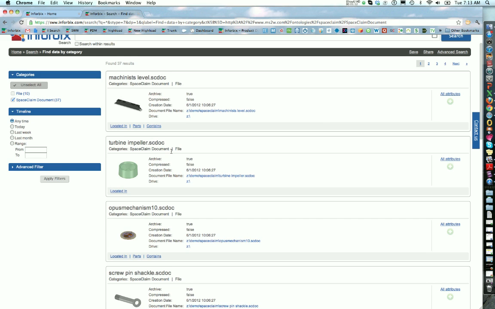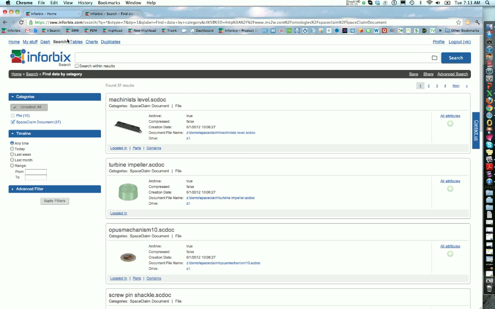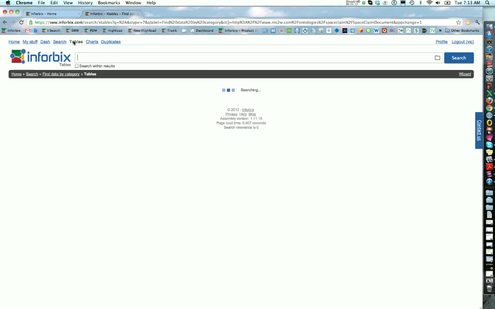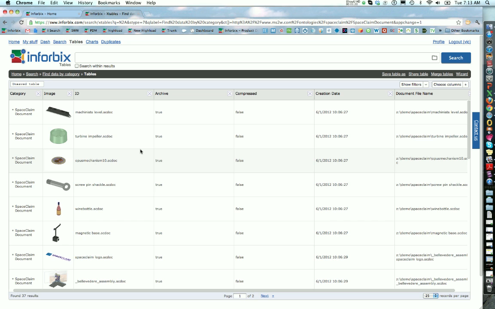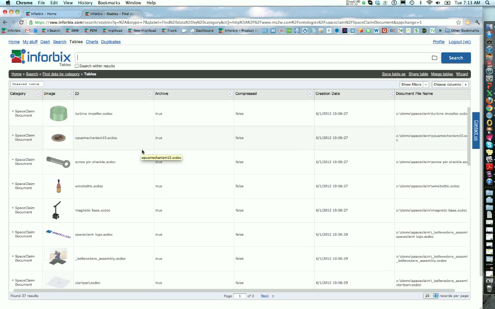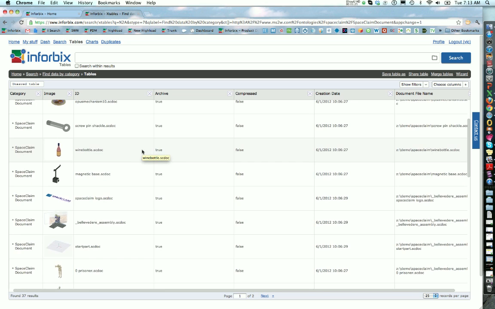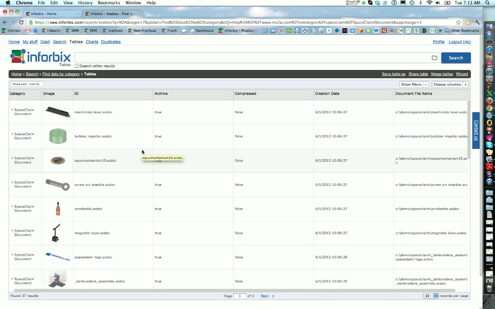So what I'd like to do now is, by way of example, show you how I can create a virtual report by clicking on tables of all these SPACECLAIM documents. What I've done here is I've created a virtual report that's been automatically populated by Inforbix. And what makes this virtual is that it's actually representing and aggregating all the SPACECLAIM documents and any changes that might happen to them. And I will always be looking at the most current view of all these various SPACECLAIM